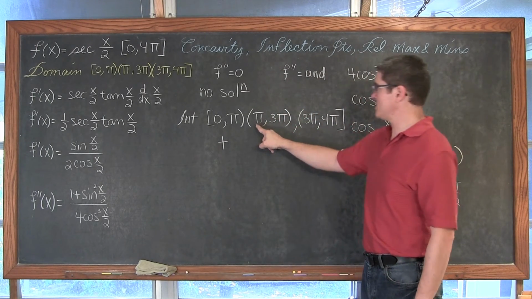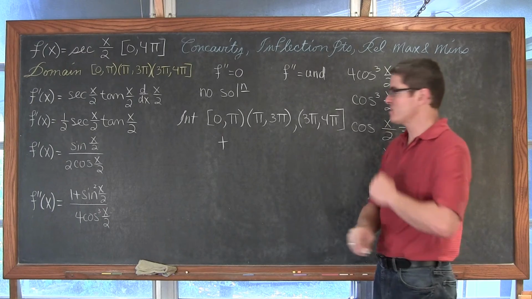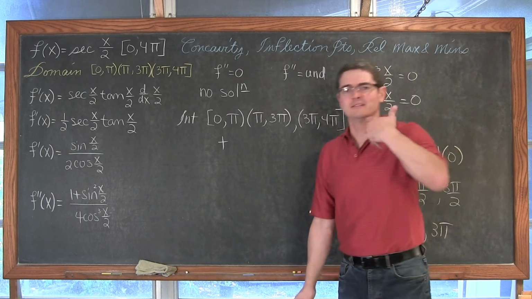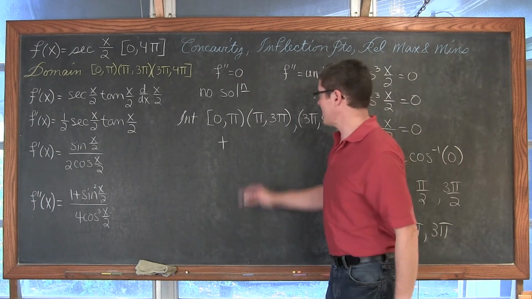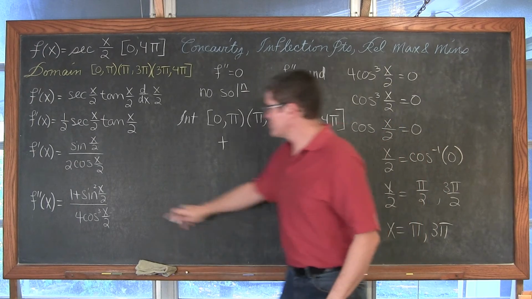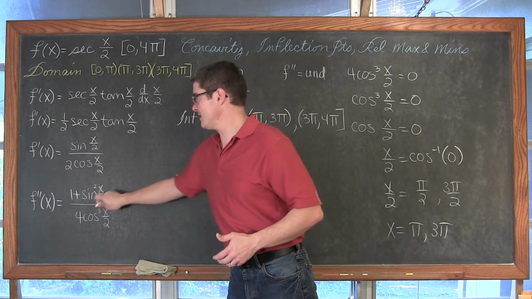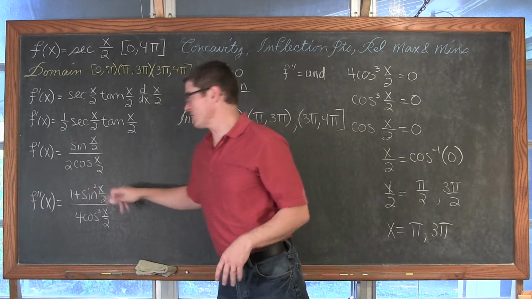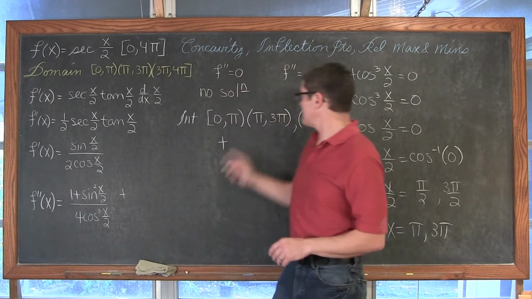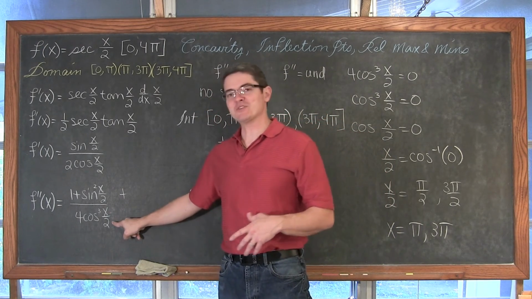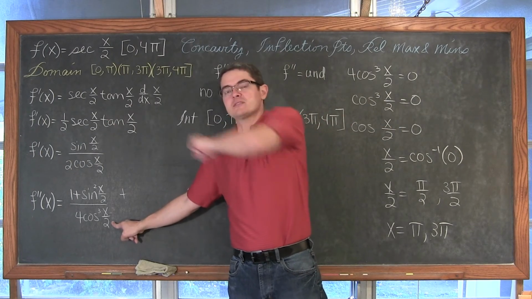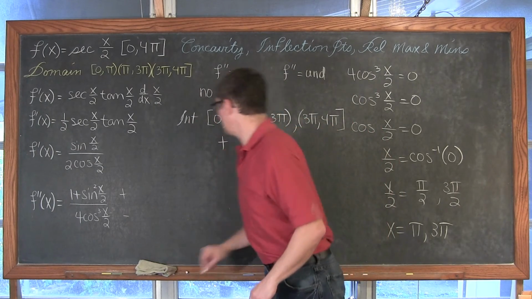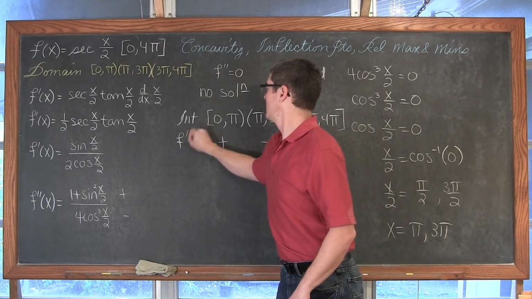Now if I try between pi and 3 pi, let's try 2 pi, should be pretty straightforward. I just hesitated because I started working ahead in my head and started thinking I was going to have a sign error. Okay, so we're going to try 2 pi, sorry about that. So 2 pi divided by 2 is pi. The sine of pi is 0. 0 squared is 0, so we have 1 plus 0, so it's positive on the numerator. And then when we take 2 pi and plug it in the denominator, 2 pi divided by 2 is pi. The cosine of pi is negative 1. Negative 1 cubed is still negative 1, times 4 is negative. So we have a positive divided by a negative, so the second derivative here is negative.